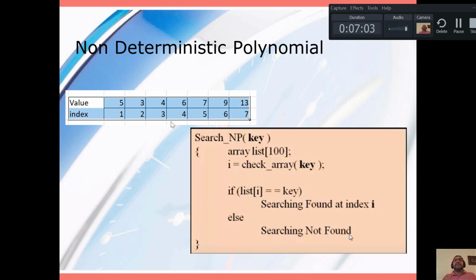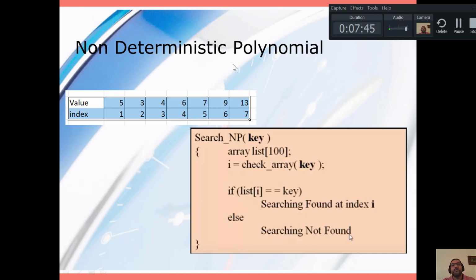But copying this array into a hash map itself will take me O(n) time, because I need to copy and paste each and every element to get the whole array. So there is a way to do it, but again, converting this from that state to another state will take me n time. So I don't know for sure any algorithm that can solve this problem in O(1). So having this part which is non-deterministic will make me say this is a non-deterministic